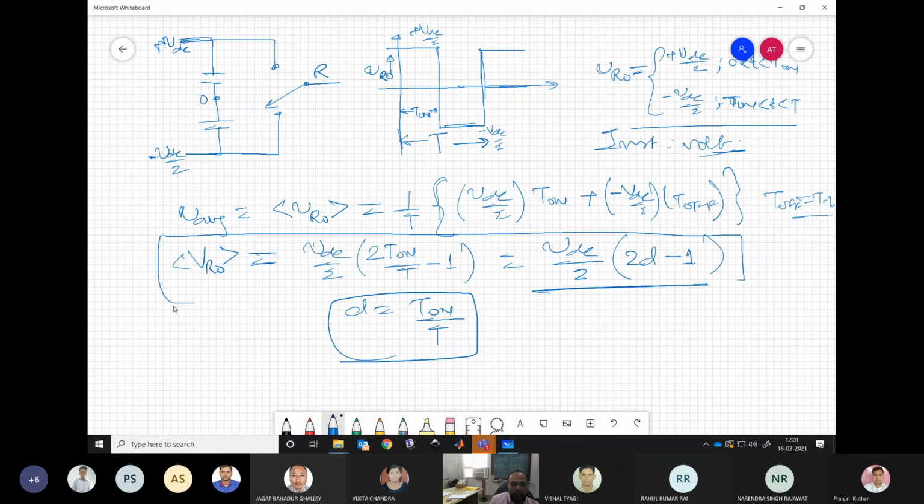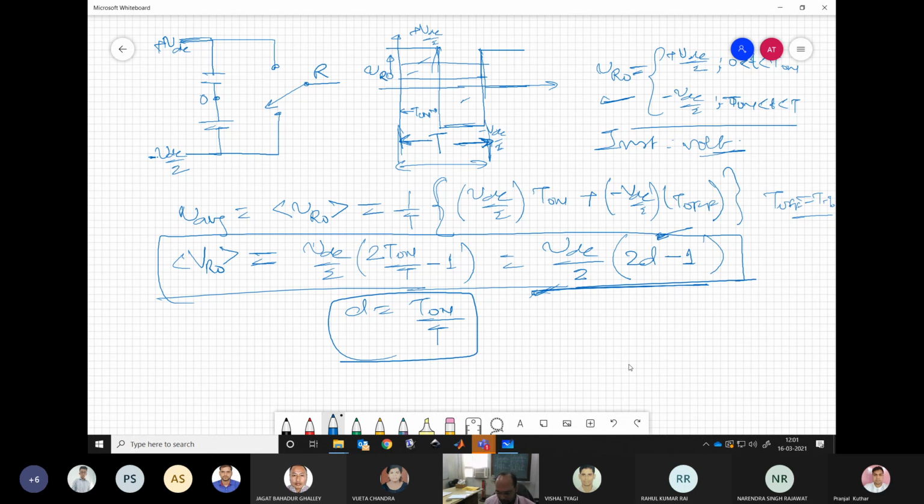So then our average pole voltage can be written in terms of this duty ratio D for this time period T. We have this interval T. This is our operation time, or let's say the interval for which we are having the on and off cycle. Then this is how our average pole voltage is given. The instantaneous is given here, which means the waveform drawn. The average value may be somewhere here or anywhere in between plus VDC by 2 and minus VDC by 2.